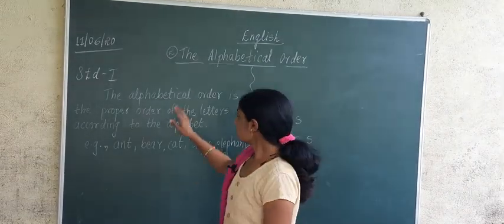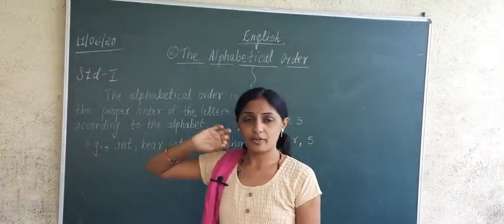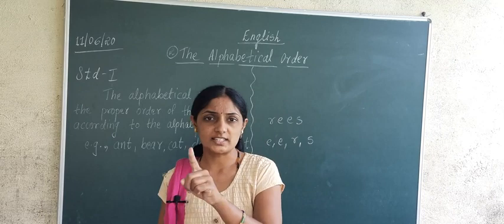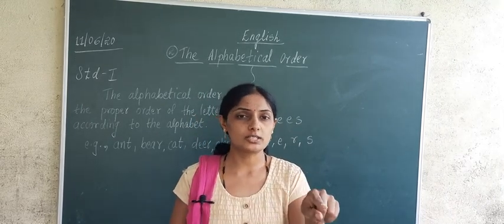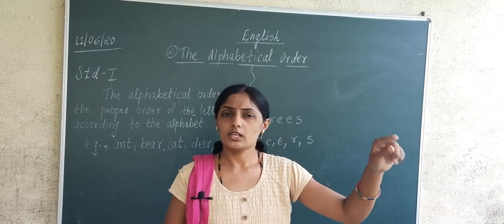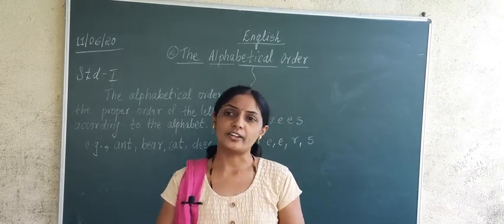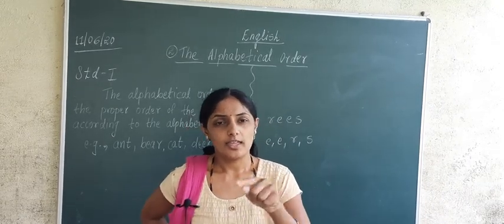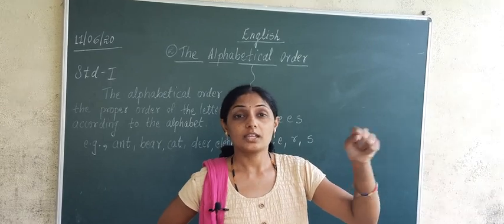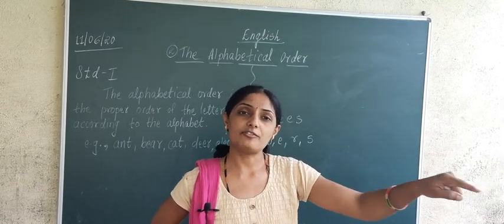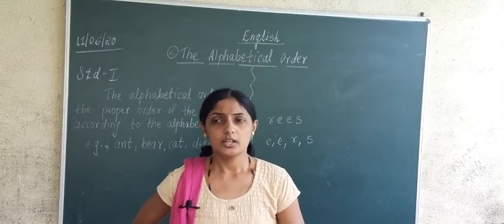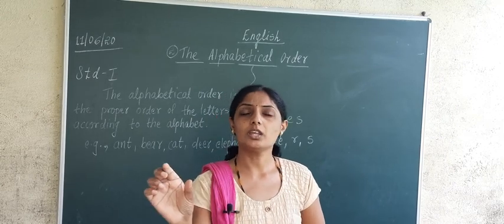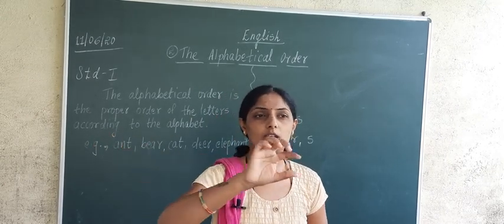So, we are going to study today alphabets which are in order. There is a sequence. If first is A, then second is B. If second is B, then what is third? C. What is fourth? D. E, F, G. If I ask you which letter is before F, you should be able to tell. A, B, C, D, E, F. E is before F. Which letter is after F? G is after F. Correct? So in this way, each letter is having a place in a series, or you can say in an order.